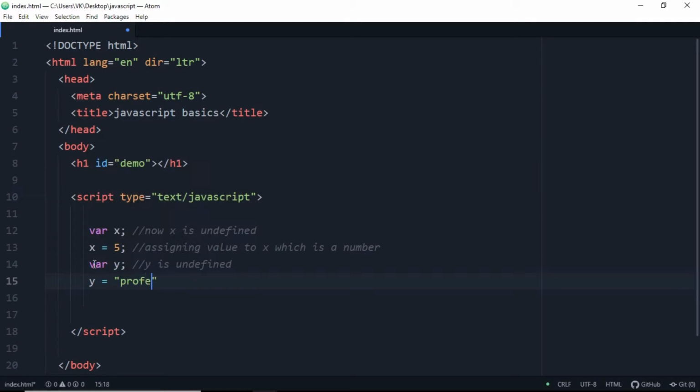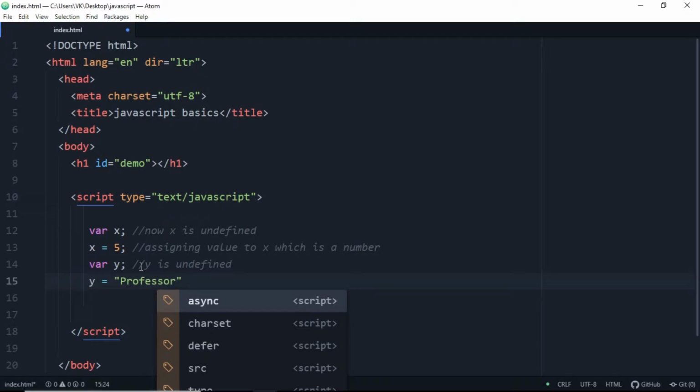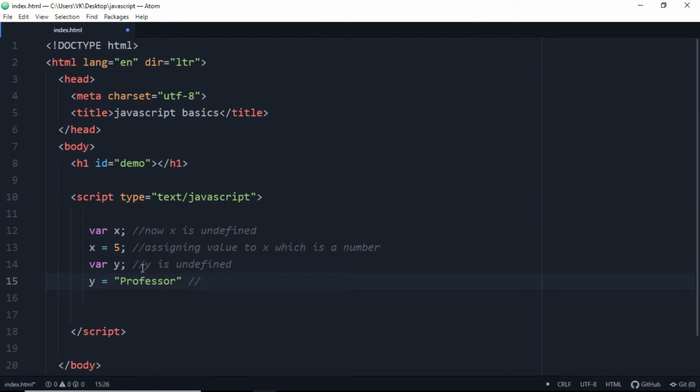Let's keep it professor for now, and we'll write that inside double inverted commas. So we assigned a value to y, which is a string. String is basically letters, characters, or a word used to assign a value to a particular variable. Here it is professor, and we always write that in double inverted commas or single inverted commas.